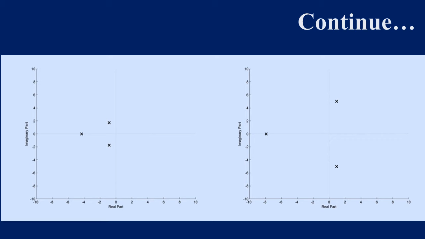We can say that by changing the gain value, our system moves towards instability. As we set the value of K higher, our system moves towards instability. So evaluating the value of the gain K is very important for analyzing the stability of the system and for analyzing the transient response of the system.